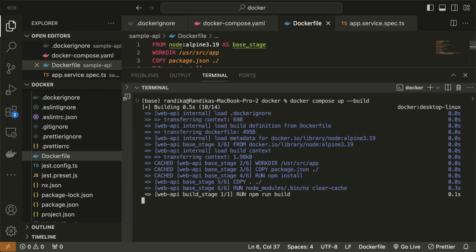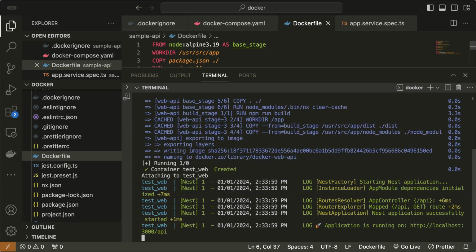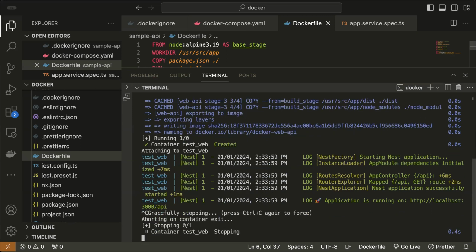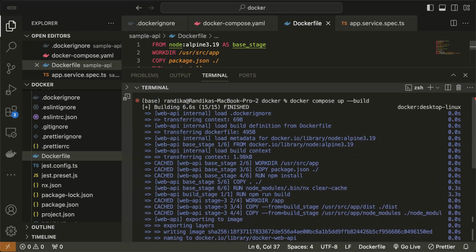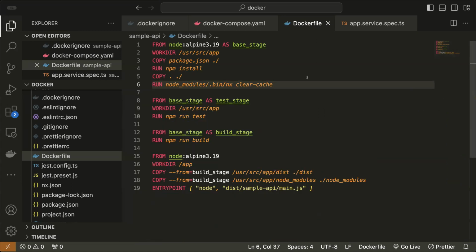Let's see this. Yeah, still somehow the cache is interfering with this. But let me get back to you guys on why this is happening. Probably due to a caching error. But anyhow,